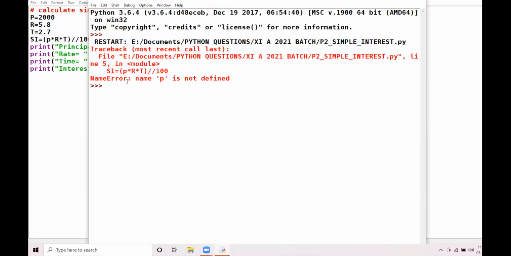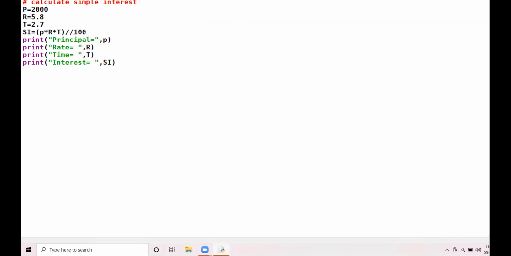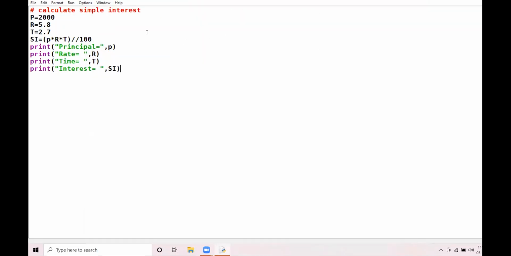See the error which Python has raised. Name p is not defined. I initialized the principal with capital P, but while doing the calculations, I used the small p. So since Python is case sensitive, there is a big difference between capital P and the small p. That is why this error came.